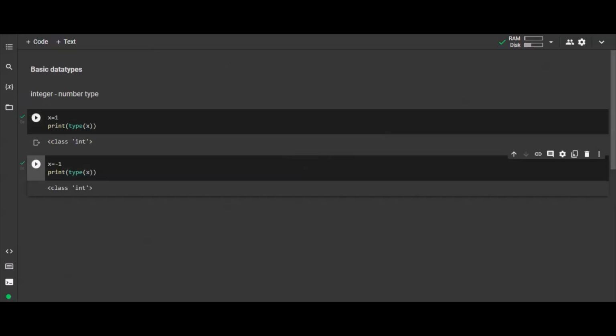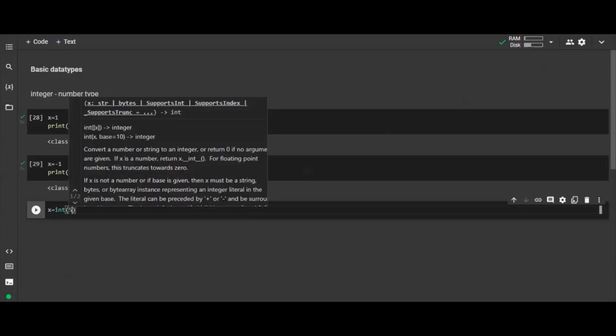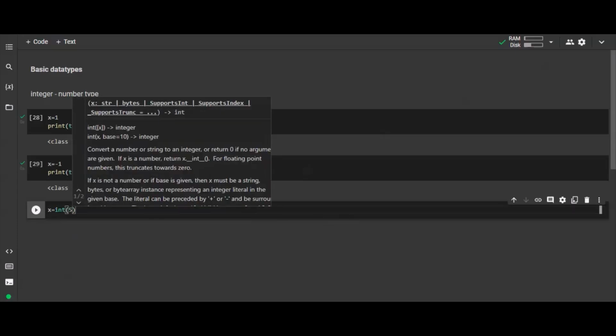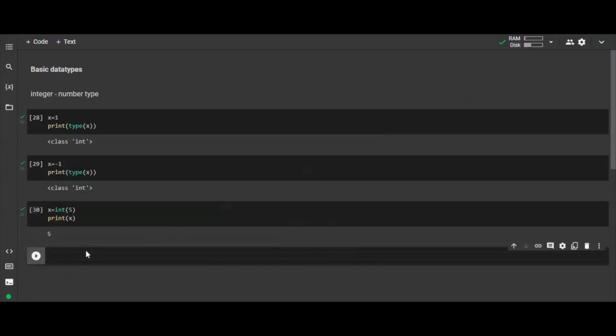So basically, when we assign a variable with an integer, it doesn't have to be in quotations. You can just type it out. Okay. And it can be assigned to a variable. Instead of just typing the number, you can also type x int of, for example, you can put just 5 here, okay, and then print. You could do that, or you could even